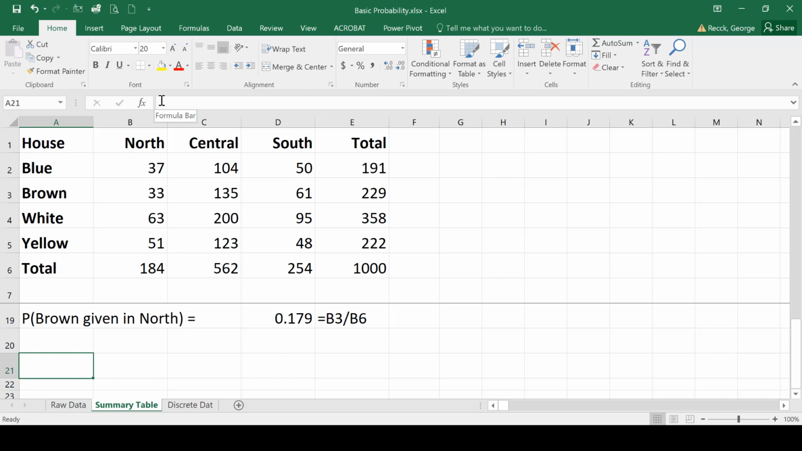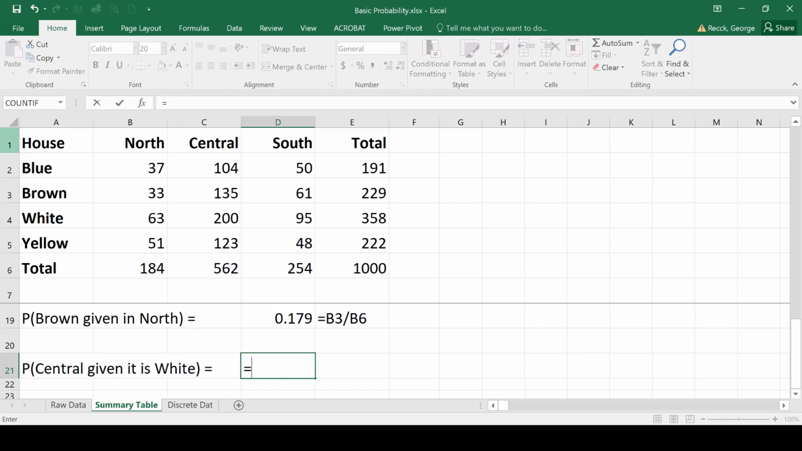Now we flip that for our final probability in this video, where we want to find out what the probability is that a house is in a central region, given that it is white. This is no different than what we did before, except this time we're restricting ourselves to just the white houses, and the denominator in this case is not 1,000, but